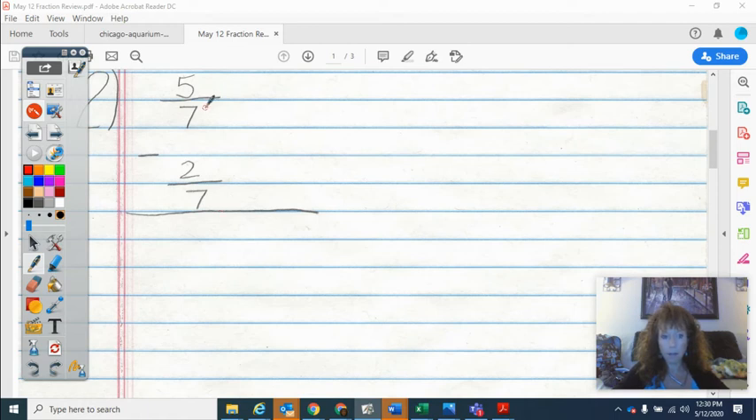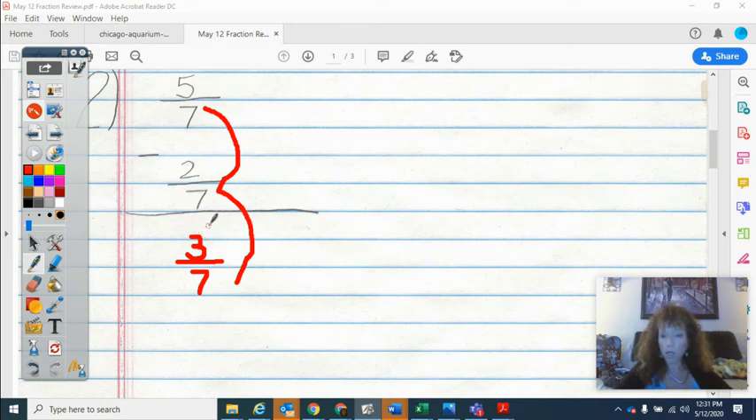So I've got a 7, and I'm going to have a 7 down here. Same. I'm not going to subtract the denominators. But I will subtract my numerator. So 5 minus 2 is equal to 3. So I started with 5/7. I took away or subtracted 2/7, and I'm left with